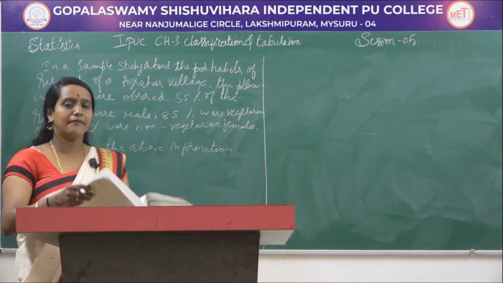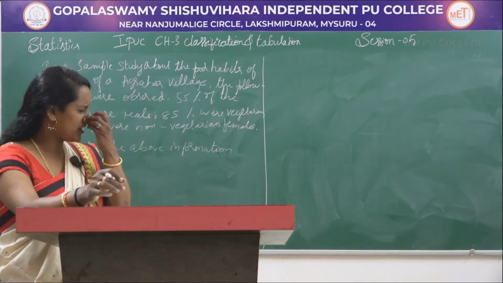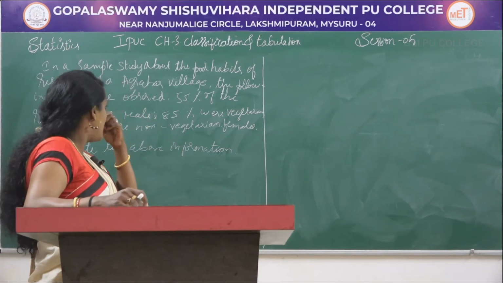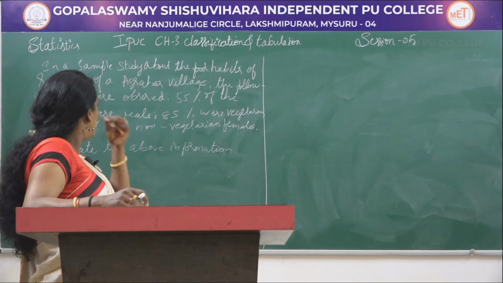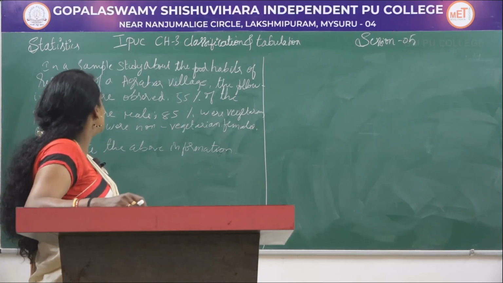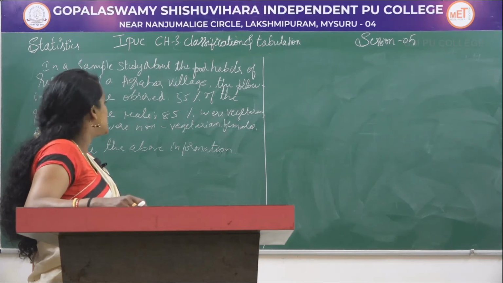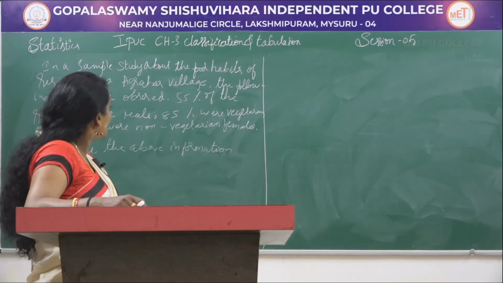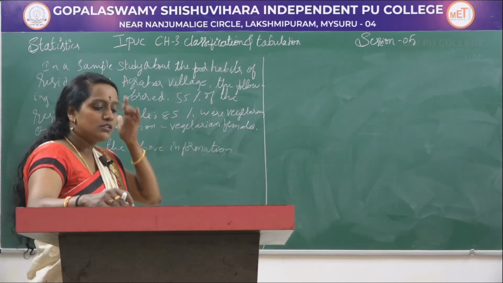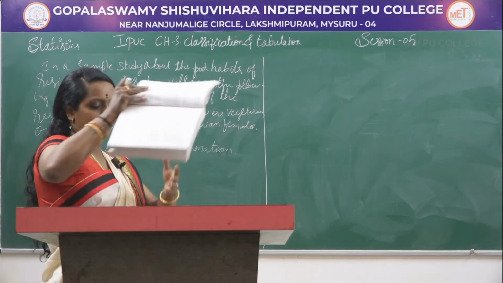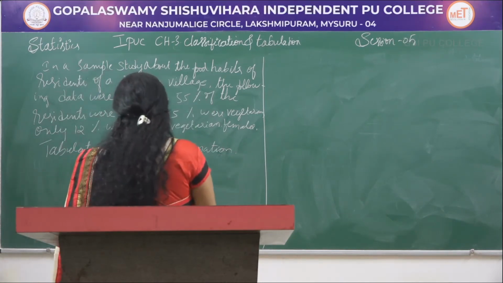See, they have given the data like this. For this we have to form a table. Here this is the data about food habits of one village, that is about vegetarians and non-vegetarian with sex, male and the female. So let's draw a blank table for this.